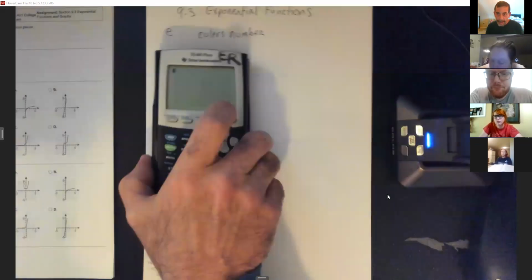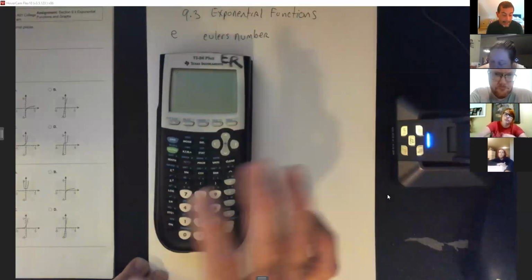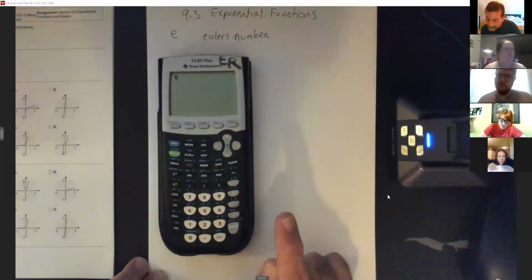But I want to show you where the E is, because what they want us to get good at is finding E on the calculators and being able to approximate it. So there's two places to get an E. The first place,